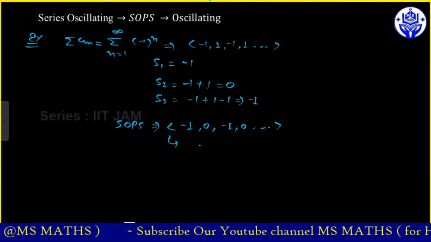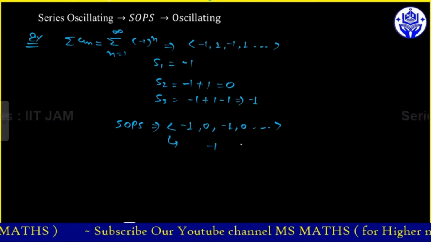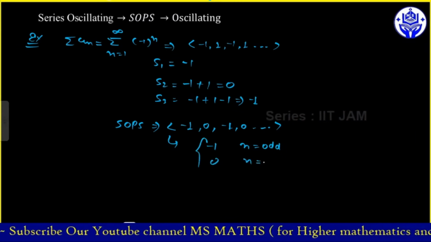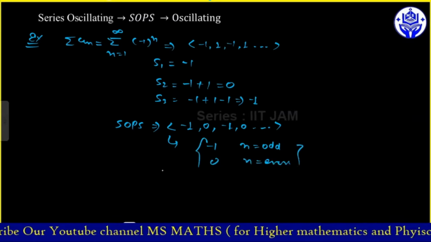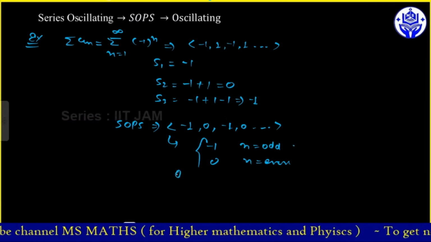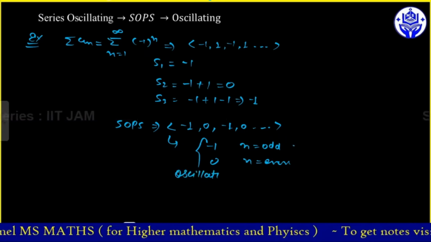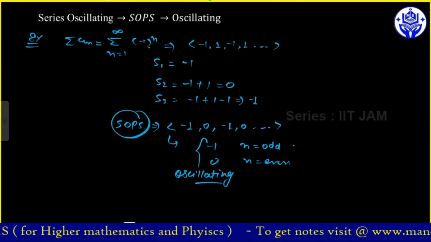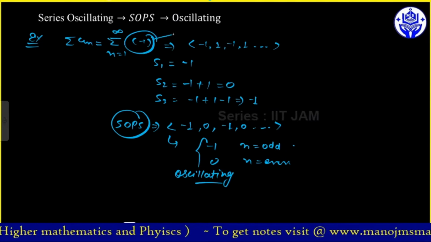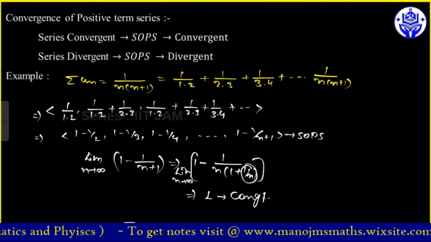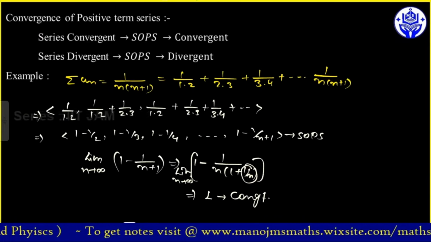और ये देखते ही पता चल रहा है कि -1 आ रहा है व्हेन n इज इक्वल टू ऑड। ओके, सिमिलरली 0 आ रहा है व्हेन n इज इक्वल टू इवन। इस टाइप की जितनी भी सीक्वेंस होती है, इस टाइप के सीक्वेंसेस को हम कहते हैं ऑस्किलेटिंग सीक्वेंस। तो ये ऑस्किलेटिंग सीक्वेंस है और SOPS ऑस्किलेटिंग है। तो ये जो हमारे पास एग्जांपल है दिस इज आल्सो ऑस्किलेटिंग। इस टाइप से हम SOPS के कंसेप्ट से सीरीज की कन्वर्जेंसी और डाइवर्जेंसी को चेक कर सकते हैं।